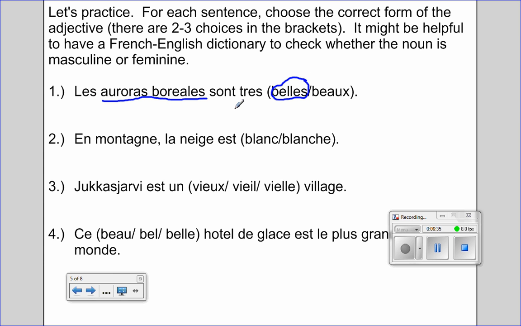Okay, let's try one more. Let's look at deux. En montagne, la neige est, I've got blanc or blanche. On the mountain, the snow is white. Now here, I'm not actually talking about the mountain. I'm actually talking about la neige, the snow. Now I could use a French-English dictionary, but here I've got la. Now the la means feminine. So neige is feminine, so that means I would choose